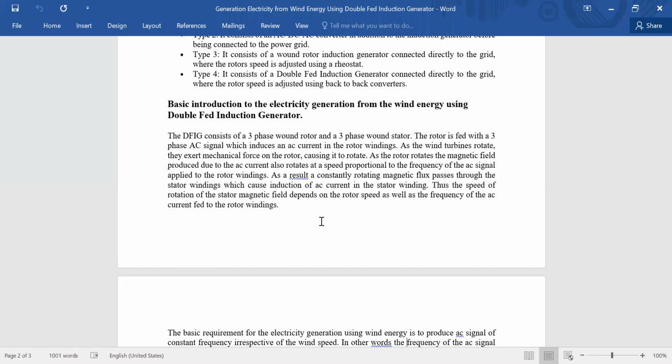So F is the frequency and P is the number of poles. That is a simple formula for getting the speed. Now, the speed of rotation of the stator magnetic field will depend upon the rotor speed, and obviously it will also depend upon the frequency of the AC current that we are feeding to the